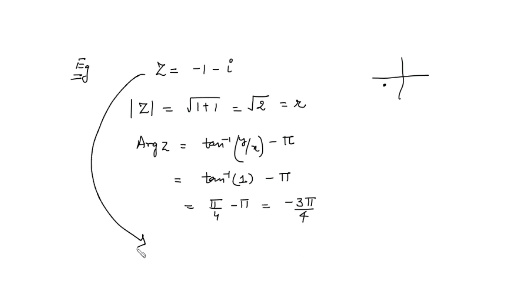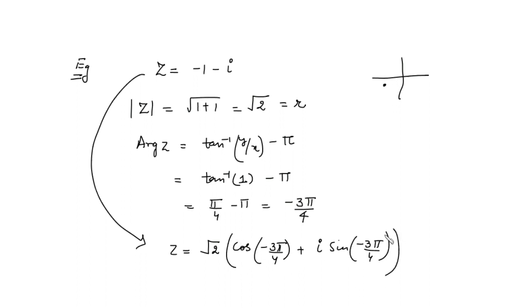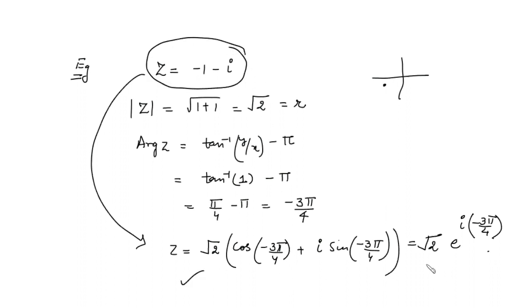So this z can be written in the polar form as r into cos of minus 3π by 4 plus iota sine of minus 3π by 4, or in the exponential form, this is square root of 2 e to the power iota times minus 3π by 4. So in this way we can express a complex number in the polar as well as exponential form if we can find the principal argument by using the